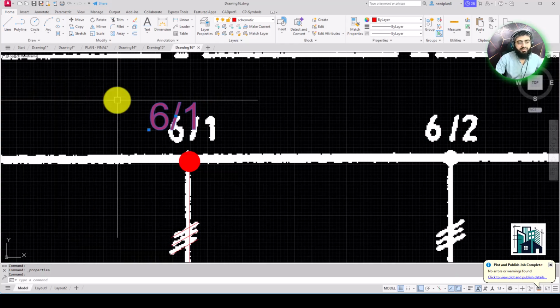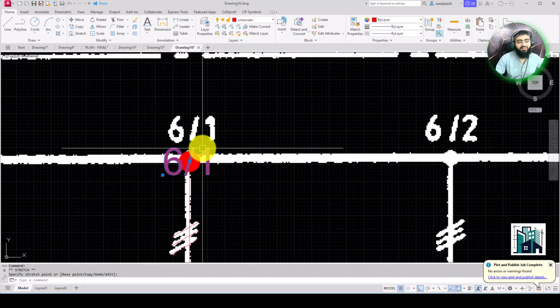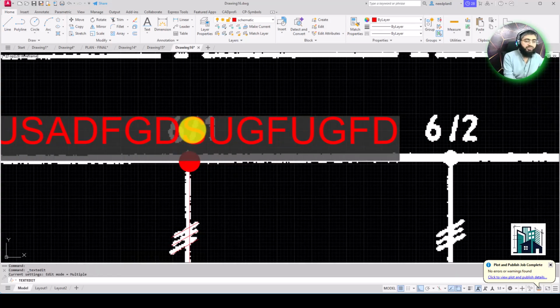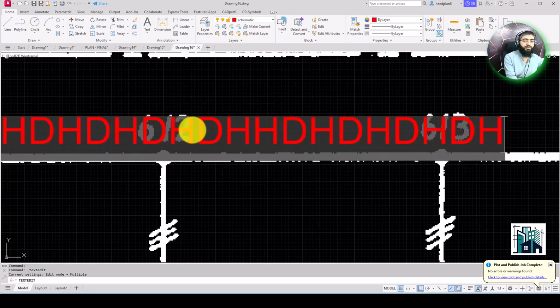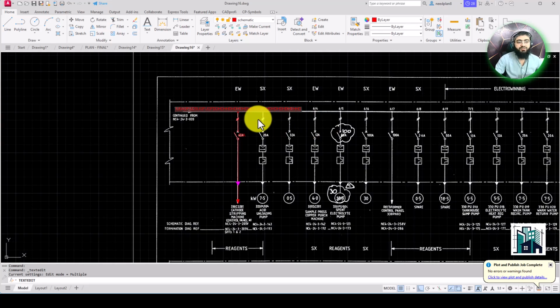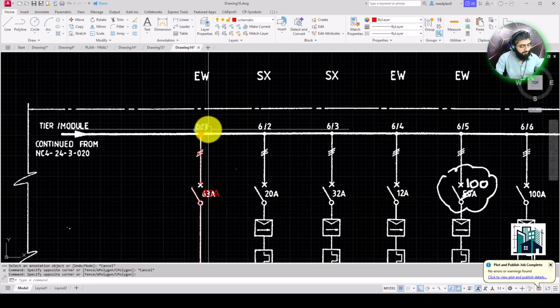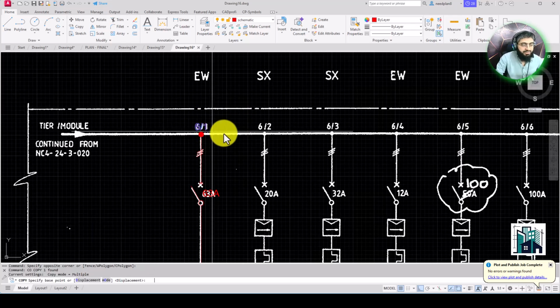Why did I choose this? Because this text should be in the middle of the line. When I change this, it will spread from mid to right and mid to left equally. So I just want to write like this, one by one. I can write any text, and the dimension from both sides will be equal. Okay, so this should be 6 by 1. So here, and then I'm going to move this text to the upper side like this.